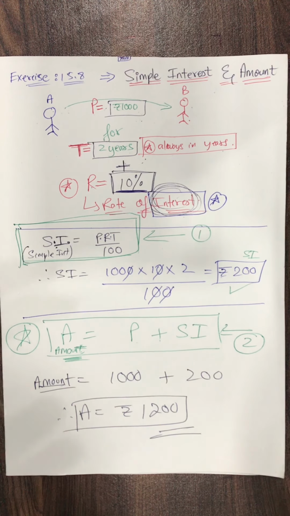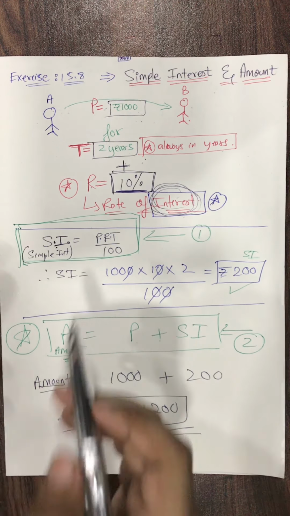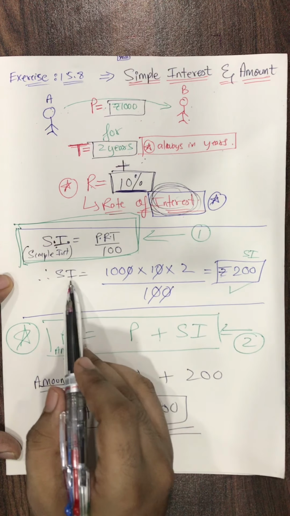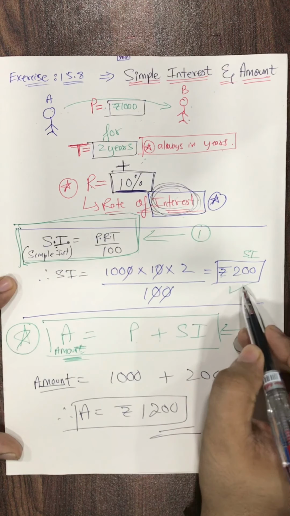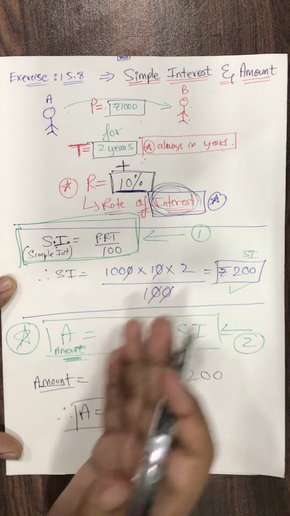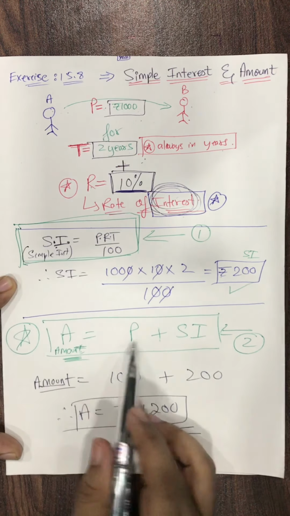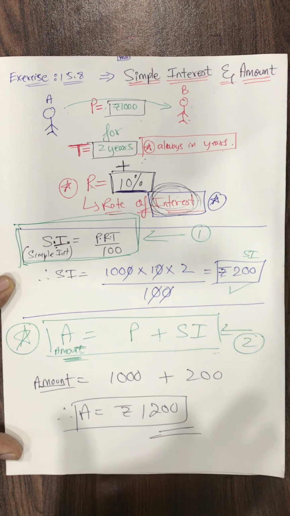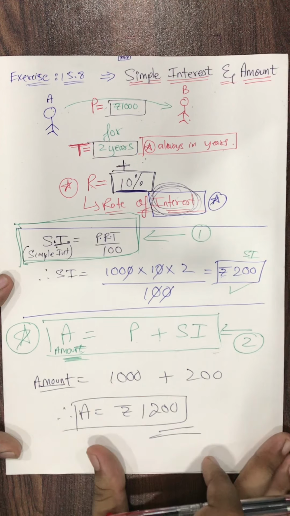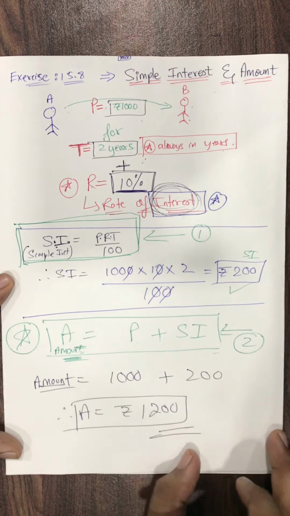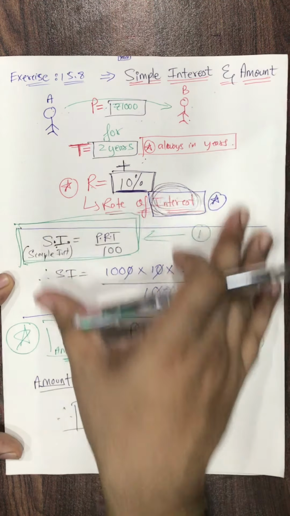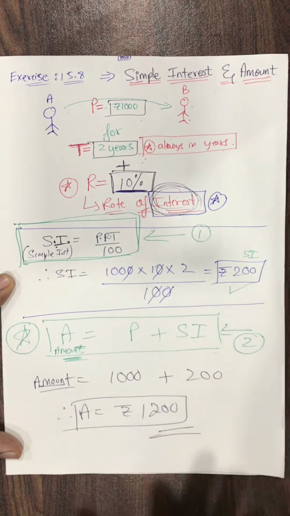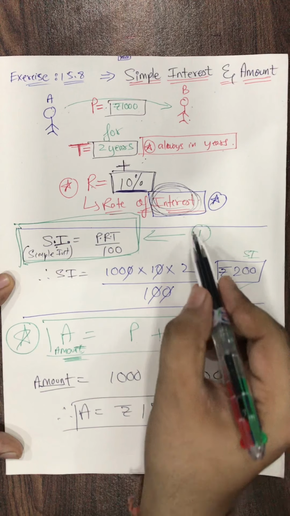In the exam, they will ask you two things: simple interest and amount. Both carry marks. So what is the simple interest paid by B to A? Rupees 200. What is the amount paid? Amount is the original principal plus simple interest. This is the formula. So 1000 plus 200. All of you, this is the extra question, not there in your textbook. I want you all to copy this. It's like a question as well as the description of the entire chapter. Copy as it is what I have written, everything I have done on the board. And these are the two formulas which you have to learn by heart.